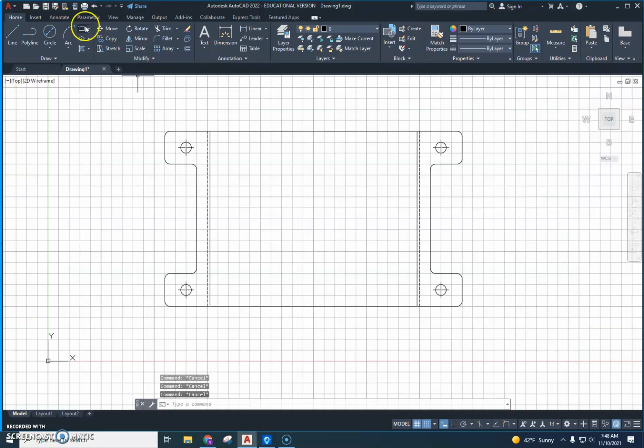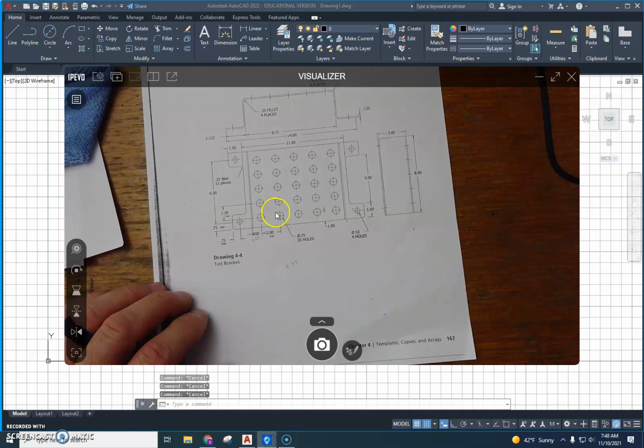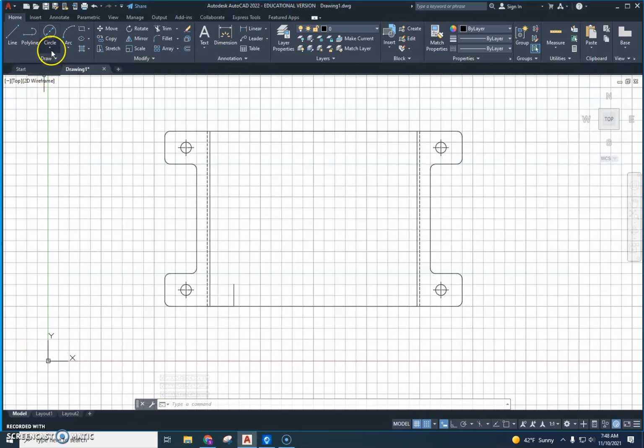So I'm going to go ahead and use a line from here. I'm going to go 1.25. I'm going to type 1.5. I'm going to go enter. I'm going to go straight up from there. 1, enter. So there is my point, then I come back, and if I look, those circles in there are 0.75 diameter. So I'm going to go up here, diameter, right on there,